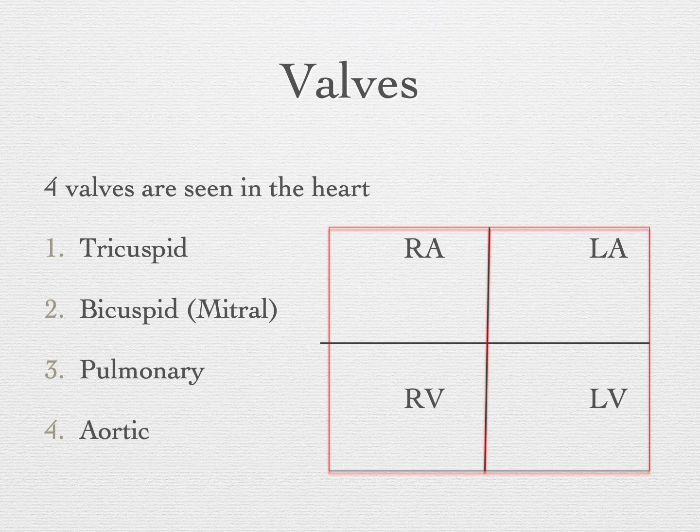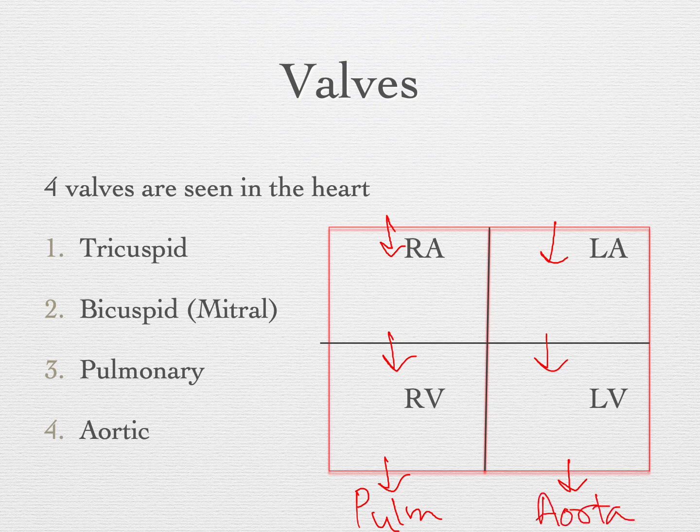The next section is on the valves which are present inside the heart. A valve is a structure in the heart which creates a unidirectional flow of blood through the chambers. Now the flow of blood will be dealt with in the next couple of sections, but just to give a picture, blood flows from the right atrium into the right ventricle. From the right ventricle, blood flows into the pulmonary artery. Blood also flows on the left side from the left atrium to the left ventricle. From the left ventricle, blood is pumped out into the aorta.